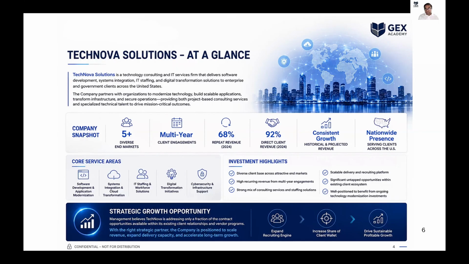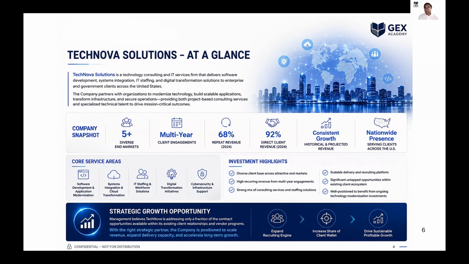So in TechNova's case, the business operates in the technology consulting and IT services space. The company helps organizations execute technology initiatives by providing software development, systems integration, IT staffing, cloud transformation, and other digital modernization services. What I like about this business model is that it sits at the intersection of two attractive areas. First,